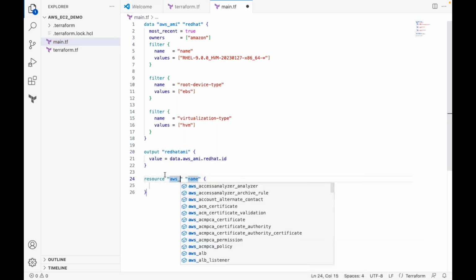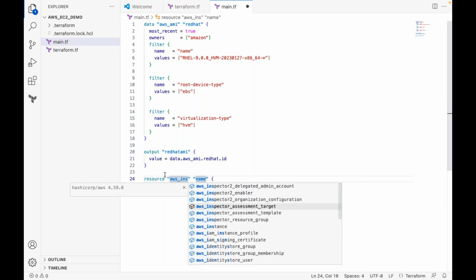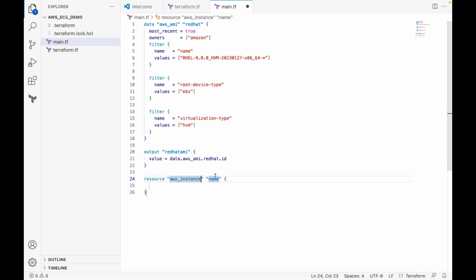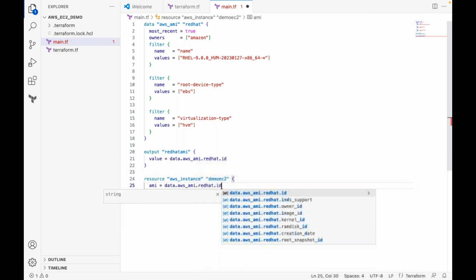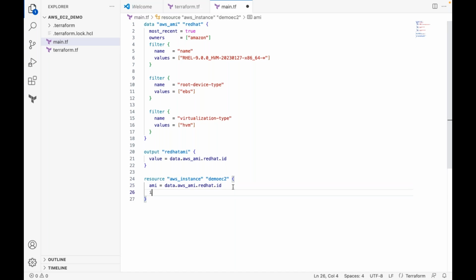Resource aws_instance, EC2, demo EC2, whatever you want to give. Now instead of hard coding that AMI ID, I can say something like this, .id. Now instance type. If you don't want to hard code this one, you define it as a variable and pass it, we already discussed. Tags,